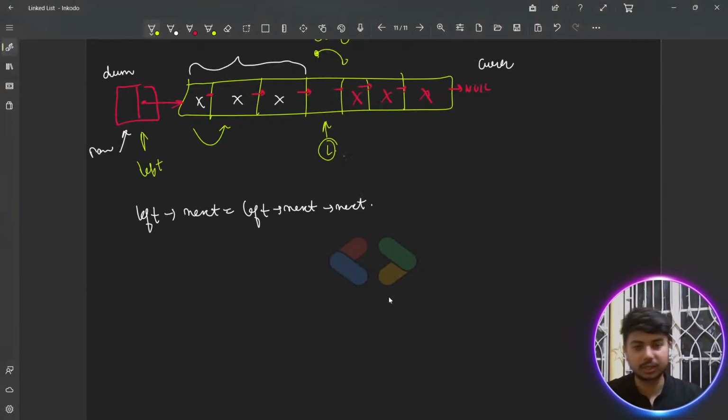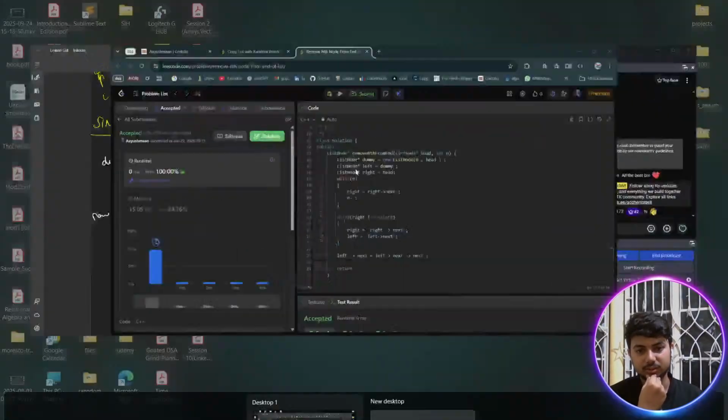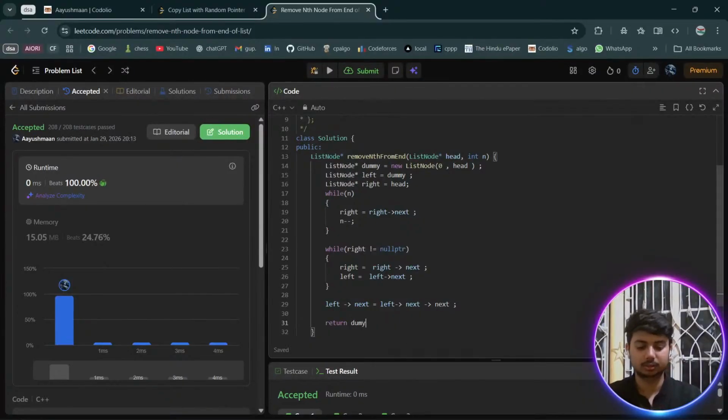Okay, now once we are done with it, what are we going to return? See, हमारा अभी क्या है कि हमें वापस से हेड ही रिटर्न करना है, which is dummy का next. तो हम लोग यहाँ पे डमी next return कर देते हैं, जो डमी था उसका next, that is head. ओके,